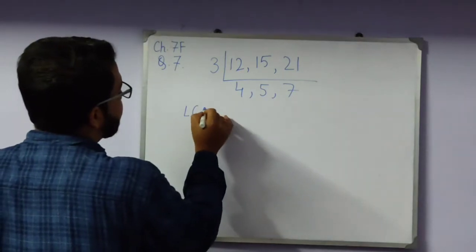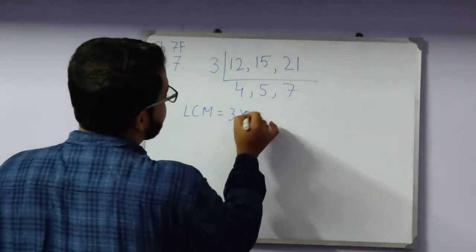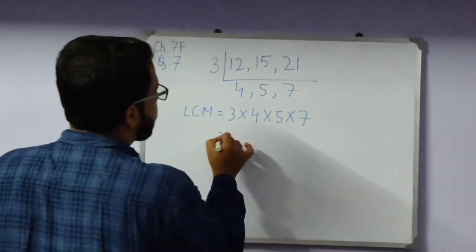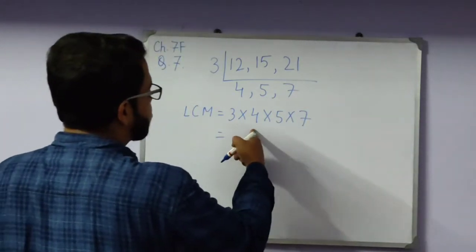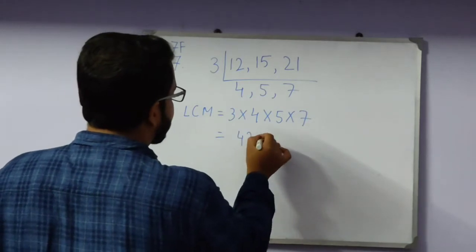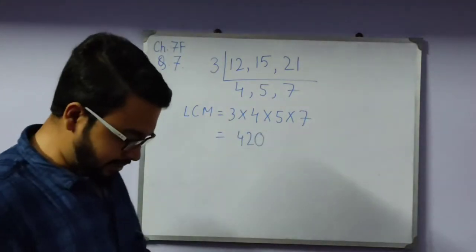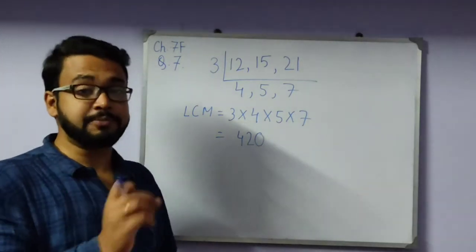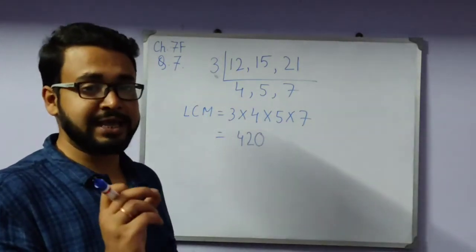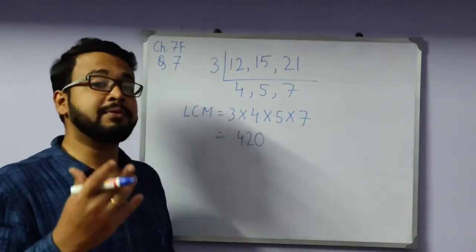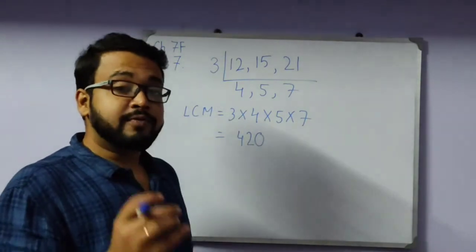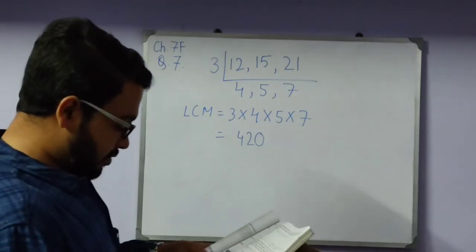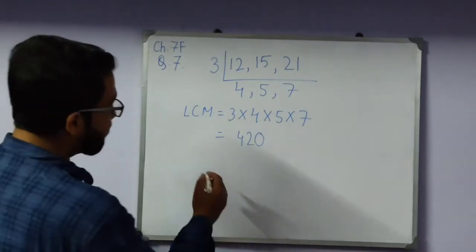So LCM of 3 into 4 into 5 into 7 is 420. But they asked what is the minimum number of packets of each brand. There are 3 brands A, B, C. So what is the minimum size for A brand, B brand and C brand? So for this question, the minimum number of